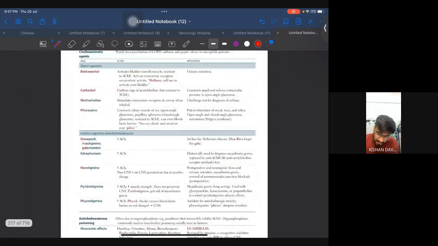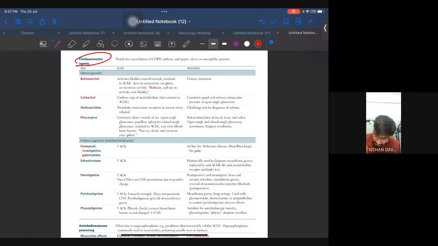Okay, moving ahead. See, these are the cholinomimetic drugs. I'm not going to tell you about the functions. I'm going to tell you what is important for the exam perspective. So functions, you all know based on the receptor. But now here are a few important points that I would like you to remember. First one,